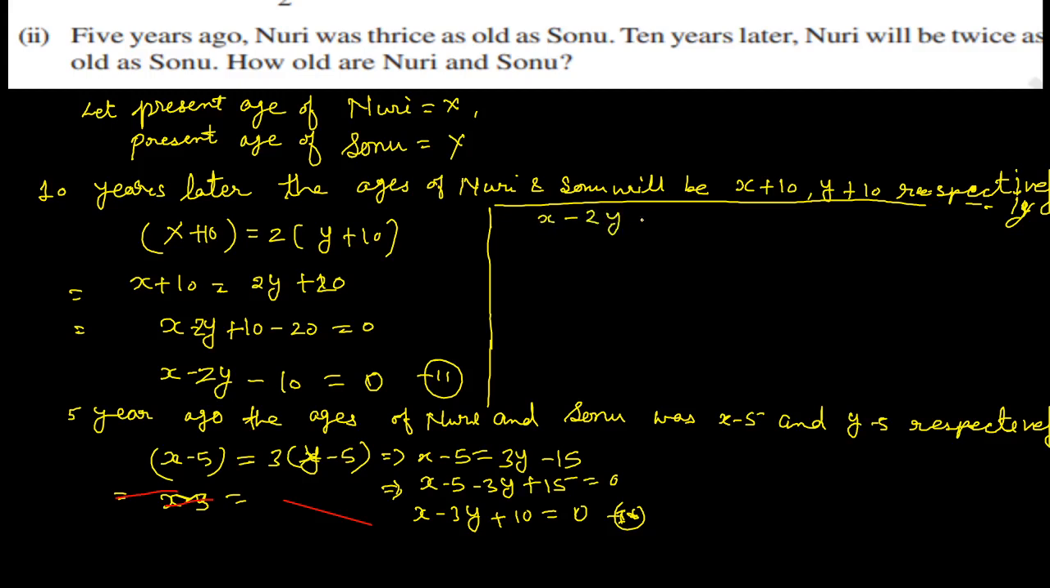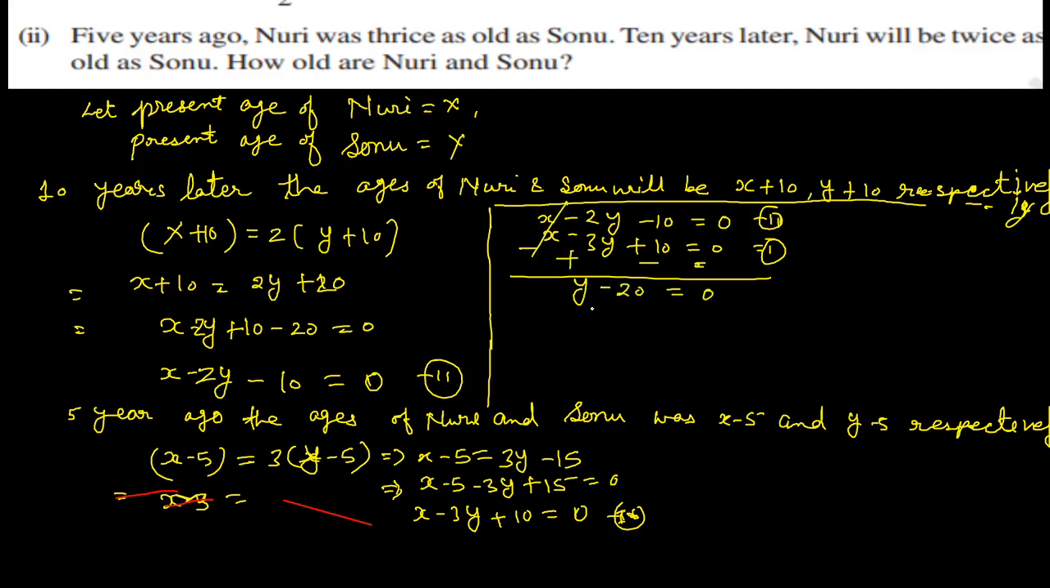x minus 2y minus 10 is equal to 0 and x minus 3y plus 10 is equal to 0. This is your first equation, and this is the second equation. On solving this, what will you get? You will get y minus 20 is equal to 0, or y is equal to 20. On putting y is equal to 20 in equation 1,